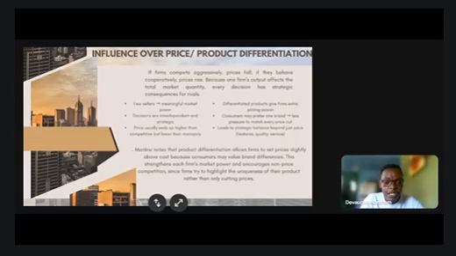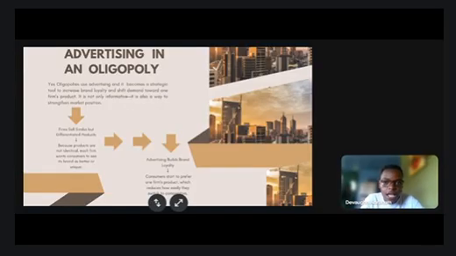For product differentiation, Mankiw notes that product differentiation allows firms to set prices slightly above cost because consumers may value brand differences. This strengthens each firm's market power and encourages non-price competition, since firms try to highlight the uniqueness of their product rather than only cutting prices. Some main takeaways include: differentiated products give firms extra pricing power. Consumers may prefer one brand, which leads to less pressure to match every price cut. And it leads to strategic behavior beyond just price, such as features, quality, and service.